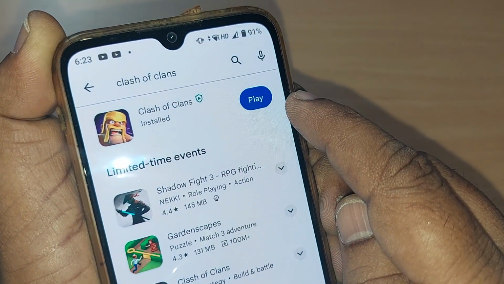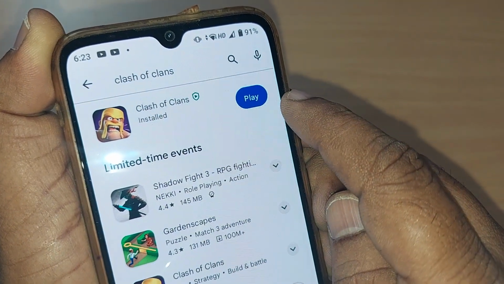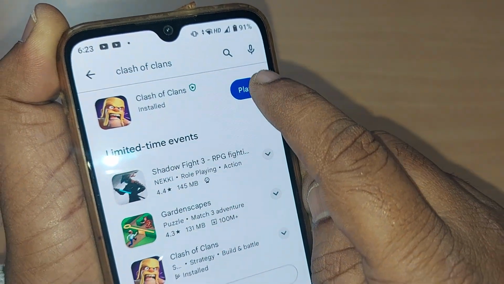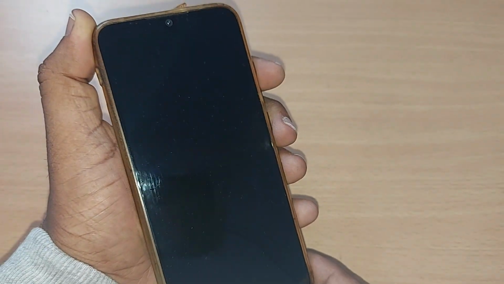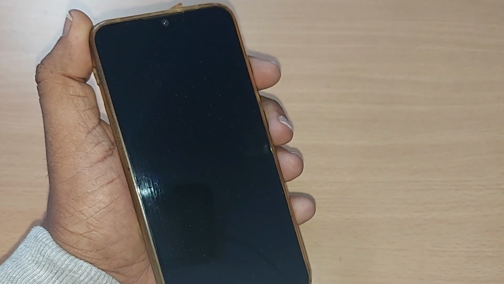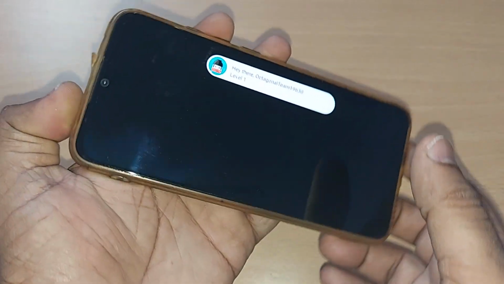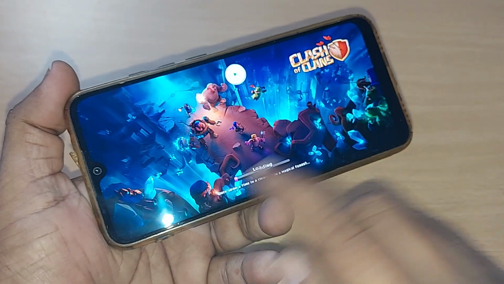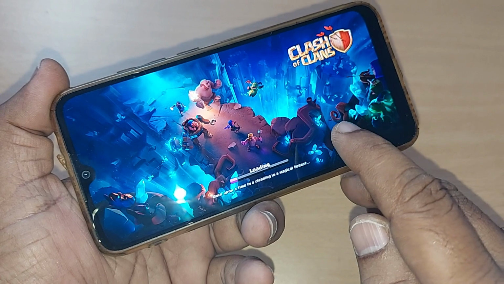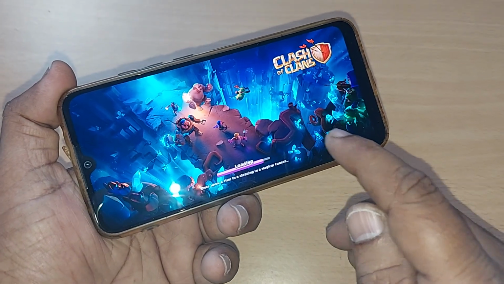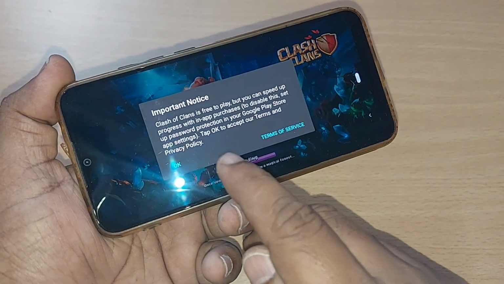After installation, this will show you to play by just tapping on a play button, and straight away upon entering into play, this will ask you from which mail ID you would like to play, and just make it okay. Thereafter this Clash of Clans will be shown like this, and this will be loading, and it will ask